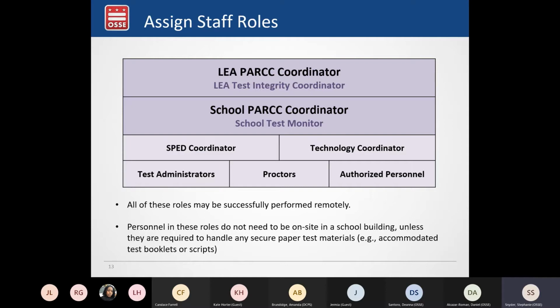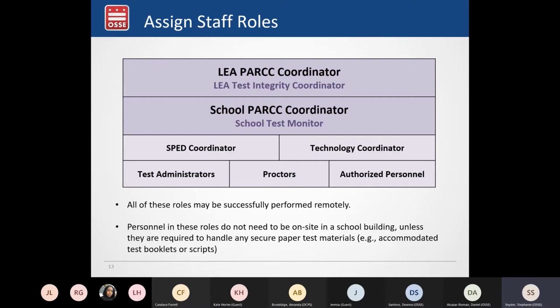Just a note for schools that may be in a completely remote posture and only administering PARCC remotely. All of these roles can be successfully performed remotely and don't require that someone is on site in a school building.